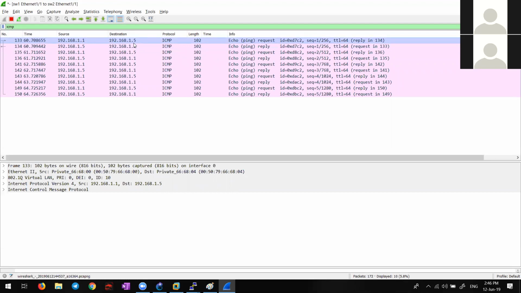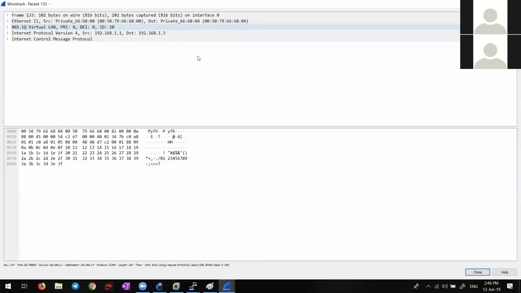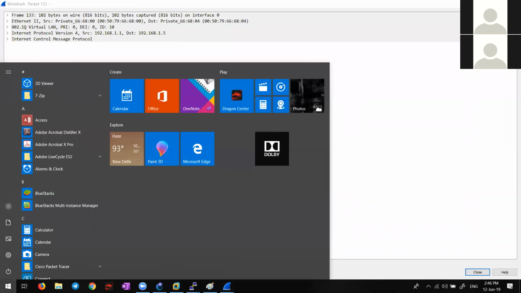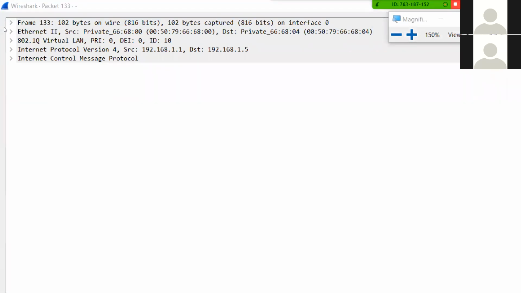Can you see this? Good. That was my aim. You guys should not see it. So 1.1 to 1.5. Okay, trust me. There is no other way. You have to trust. This is 1.1 and 1.5. And then if you go into this, now you have to see. So I'll magnify it. Now is it visible?